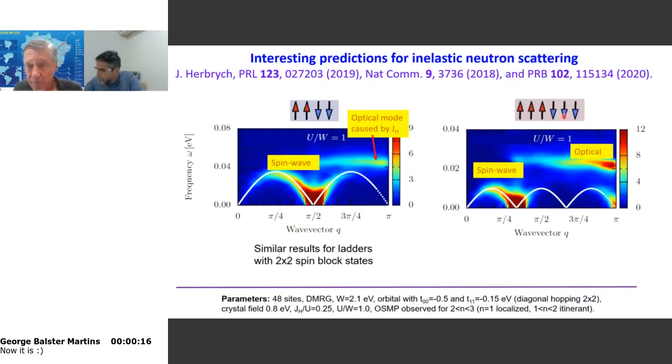This is for the case of 3 up, 3 down. And now the spin wave has the Goldstone mode at pi/3. And there are also optical modes. And there are also signals, this,